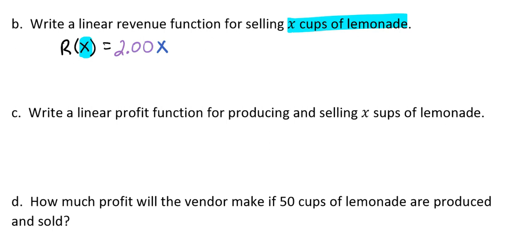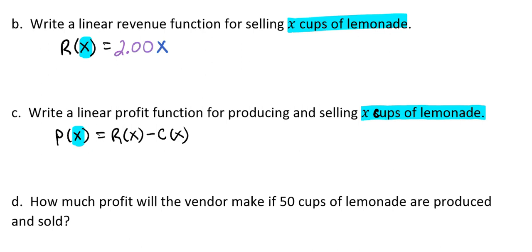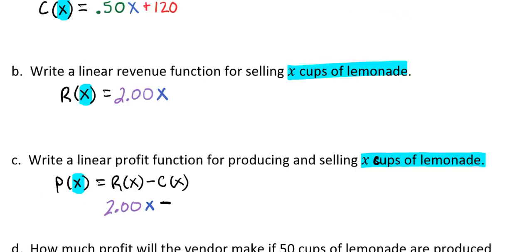Now we're going to write a linear profit function for producing and selling X cups of lemonade. Notice still that X is representing our cups of lemonade. Now profit is basically taking your revenue and subtracting your cost from it. So we're going to plug in our revenue equation, 2.00x, and we're going to subtract our cost equation, which was